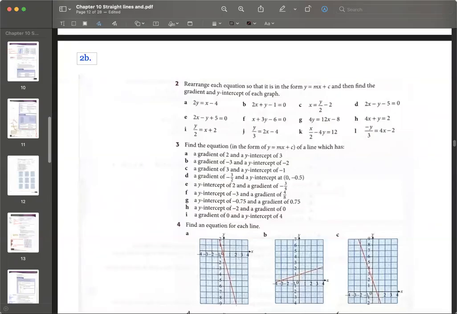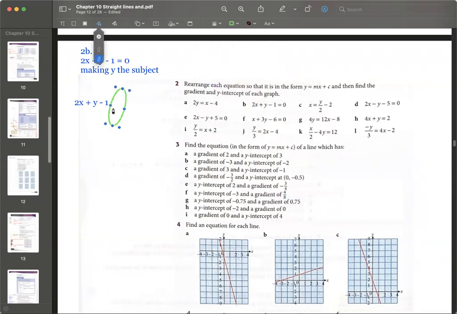Okay, if we look at 2b here, we have an equation: 2x plus y minus 1 equals 0. So now our goal is to make y the subject. The subject means that the y is alone on one side. Okay, so if you imagine this thing, 2x plus y minus 1, is on one side, then you imagine this equal sign here is like